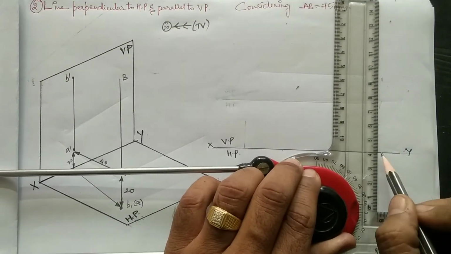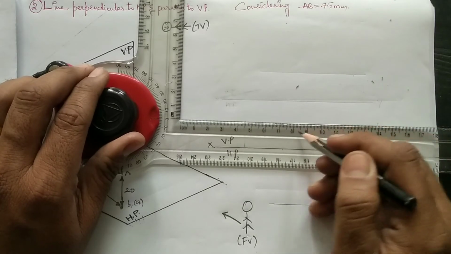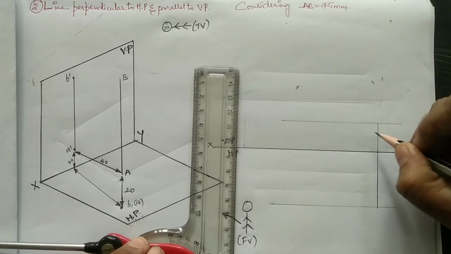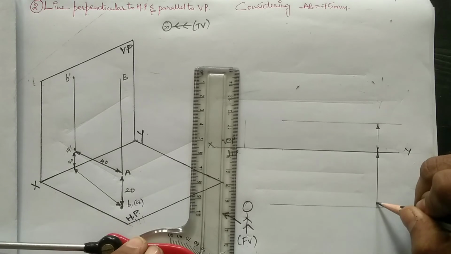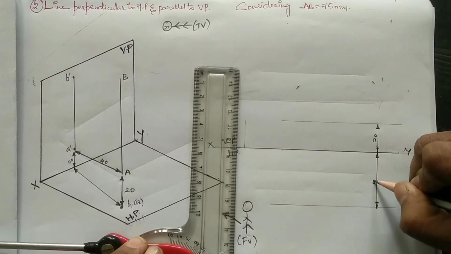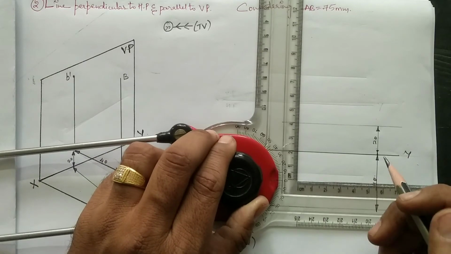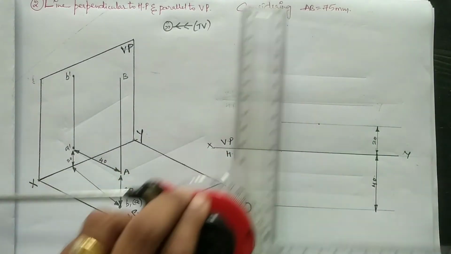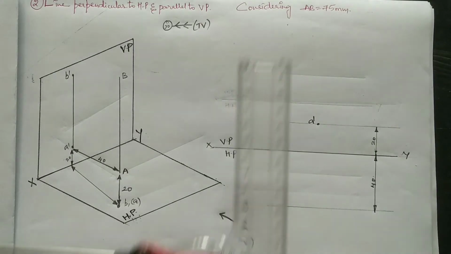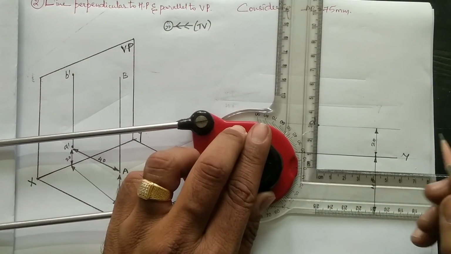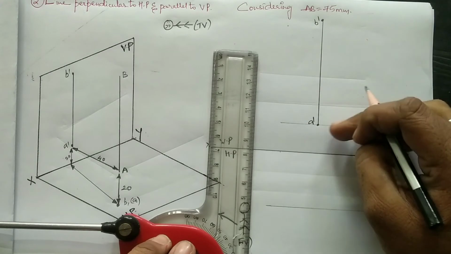20 mm and 40 mm. Draw the locus lines. Okay, now locating a point over here, we mark this point as A dash and draw a line of the given length, 75 mm, marking the other end point as B dash. A dash, B dash.